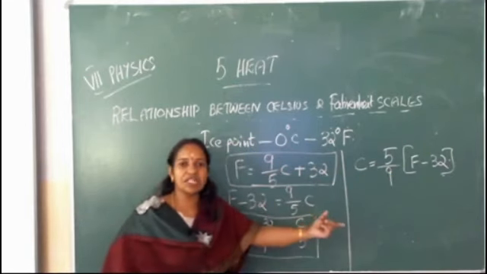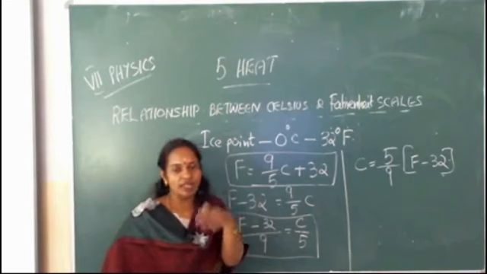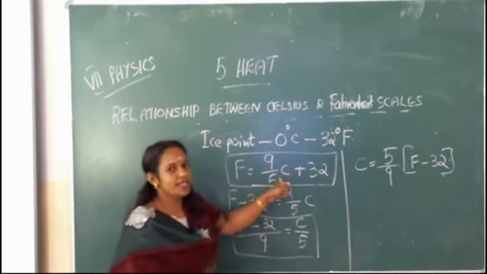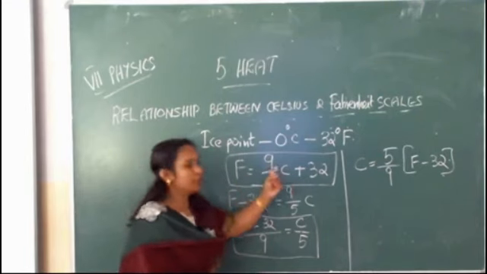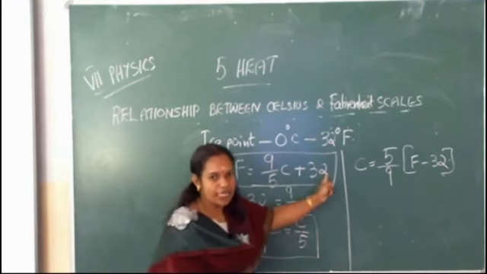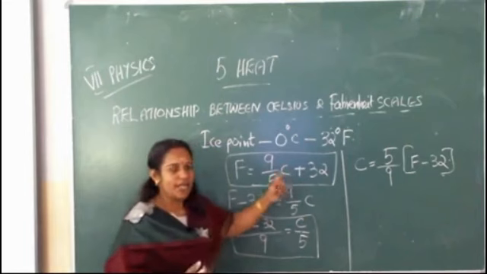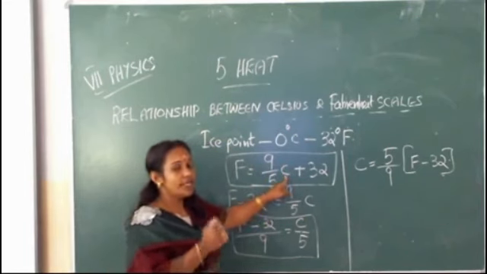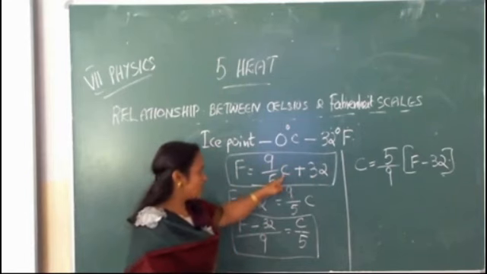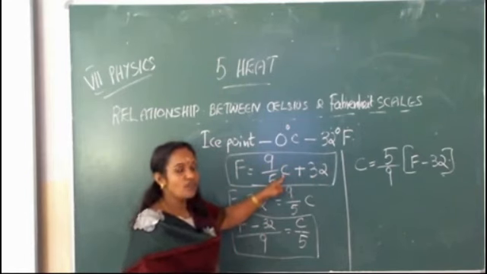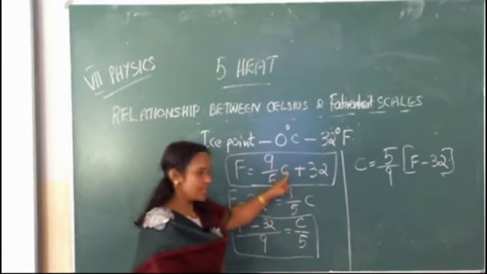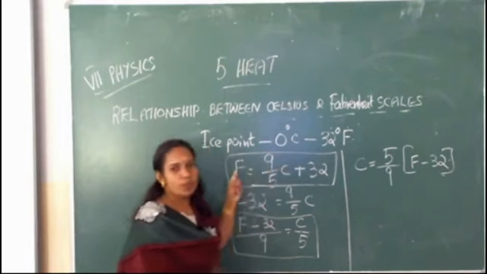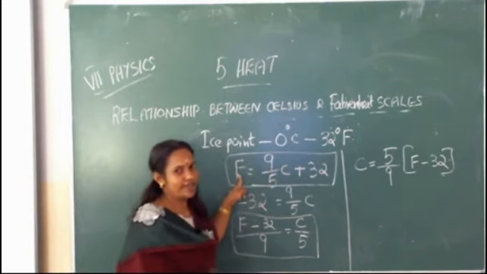From these three equations you have to study only one, that you can select, no problem, but here I think this one is the easy to study. F is equal to 9 by 5 C plus 32. Suppose in numerical the temperature in Celsius scale will be given, convert into Fahrenheit scale. So just write the value of temperature in Celsius scale instead of C, multiply with 9 by 5 and add 32. We will get the temperature in Fahrenheit scale.